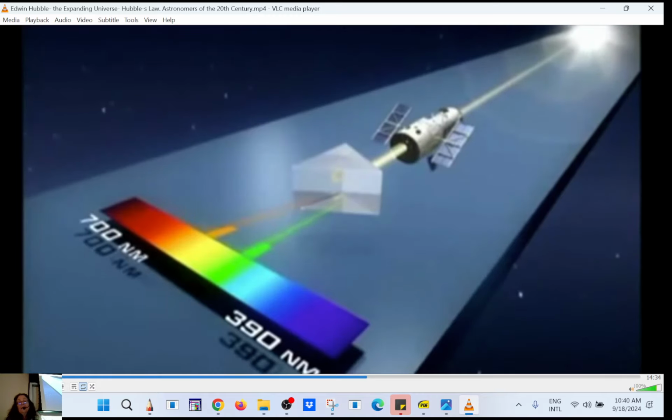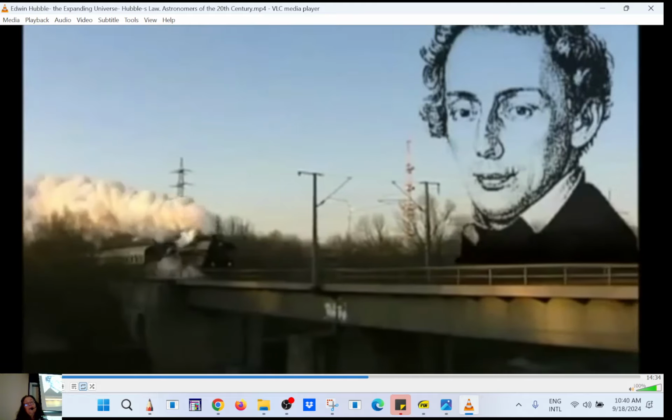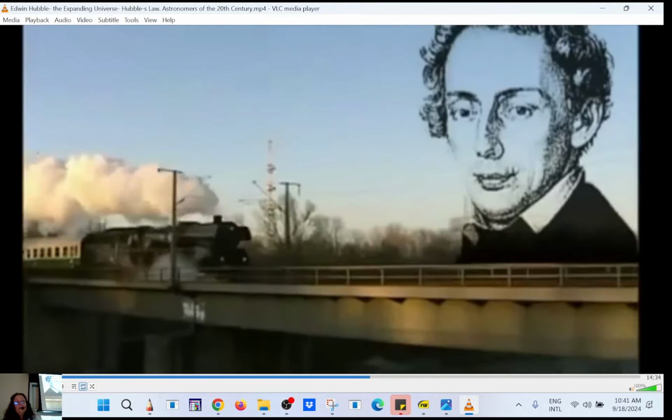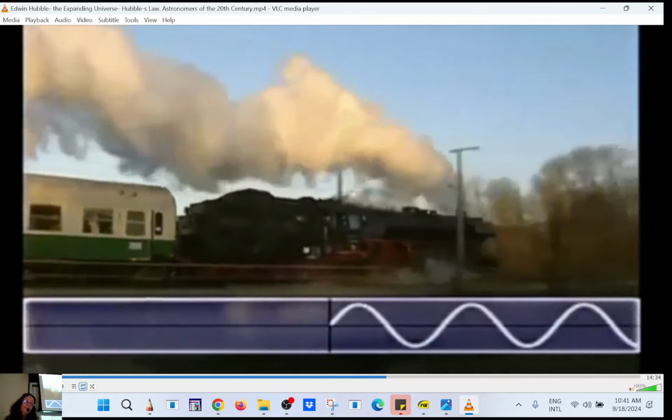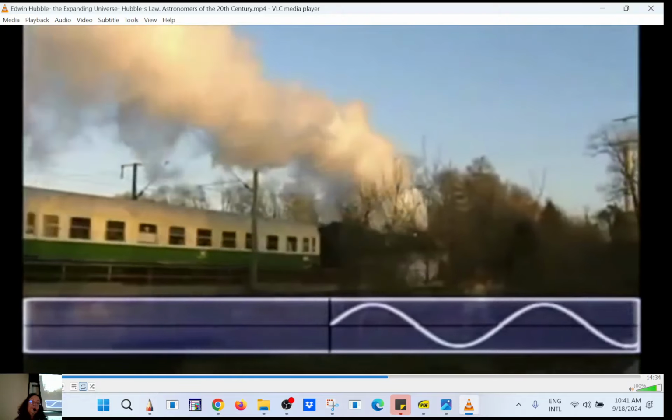This phenomenon, known as the Doppler effect, is also observed with sound. It is named after the Austrian physicist Christian Doppler, who noticed that a locomotive steam whistle sounds higher when it is approaching and lower when it is receding. The pitch changes because the sound waves and the sound source are moving. If the source is approaching, the waves are squashed and the shorter waves sound higher. If the train is moving away from us, the waves are stretched, and longer waves sound lower.